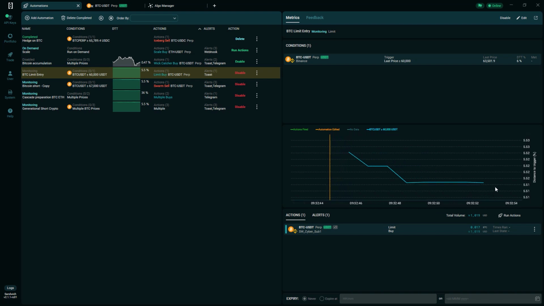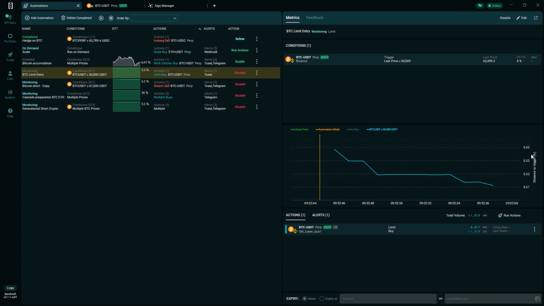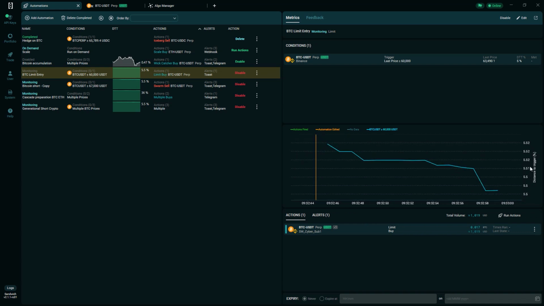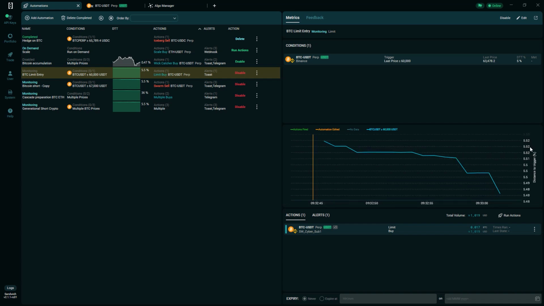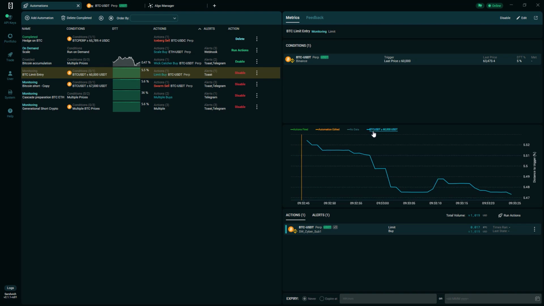The chart on the right-hand side indicates the distance to trigger, which in this case is the percentage change required for the Bitcoin price to fall before the automation is triggered. This is a very useful tool for visually understanding how close the automation is to being triggered. The chart also indicates when actions were fired and when the automation was edited, providing a clear visual history of the automation's activity. When Bitcoin reaches our target price, Sandwich will automatically submit the configured limit order and send our